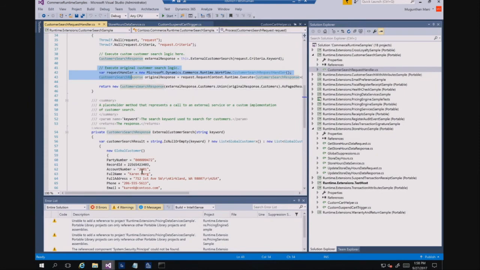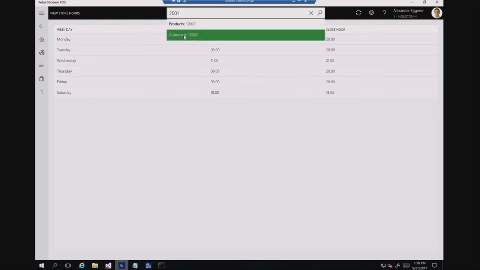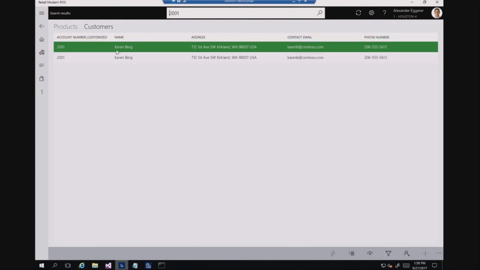So now if I search for this particular customer, I will see two results. It will get from the local DB as well as from executing the standard customer search. So if I show a quick demo of it, if I go to POS and search for this particular customer here, it's going to show two results, because we are calling the local as well as the external search. So you can decide on your scenario whether I need to change something or I need to call the standard and then tweak something on that.